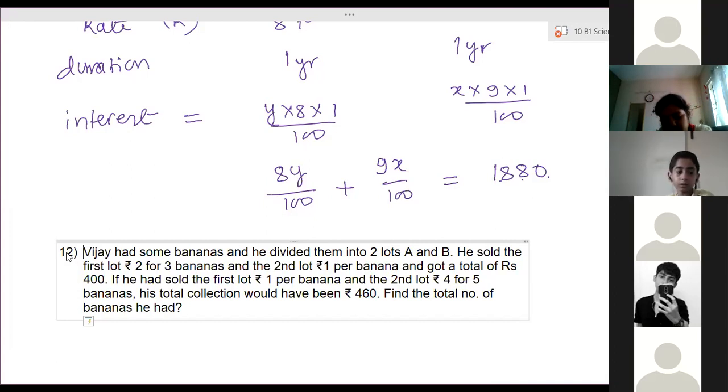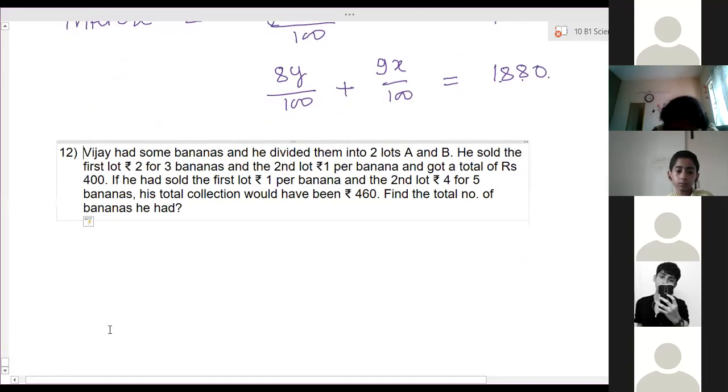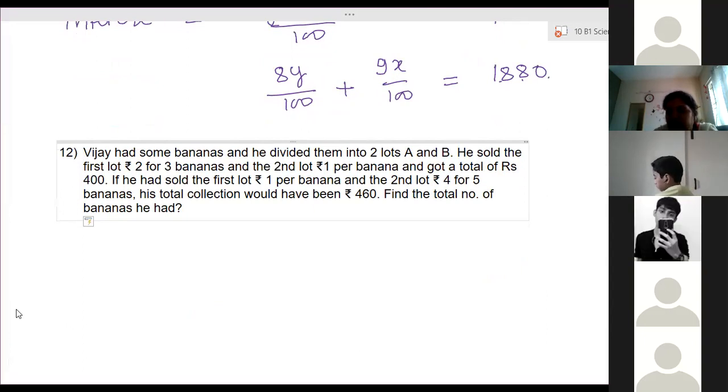Ma'am, excess 2000. X is 12,000 and Y is 10,000. And so here we have to write the amount invested in scheme A in case 1. Investment in scheme A. The amount to be invested, not schemes. Yeah, sorry. Amount to be invested.